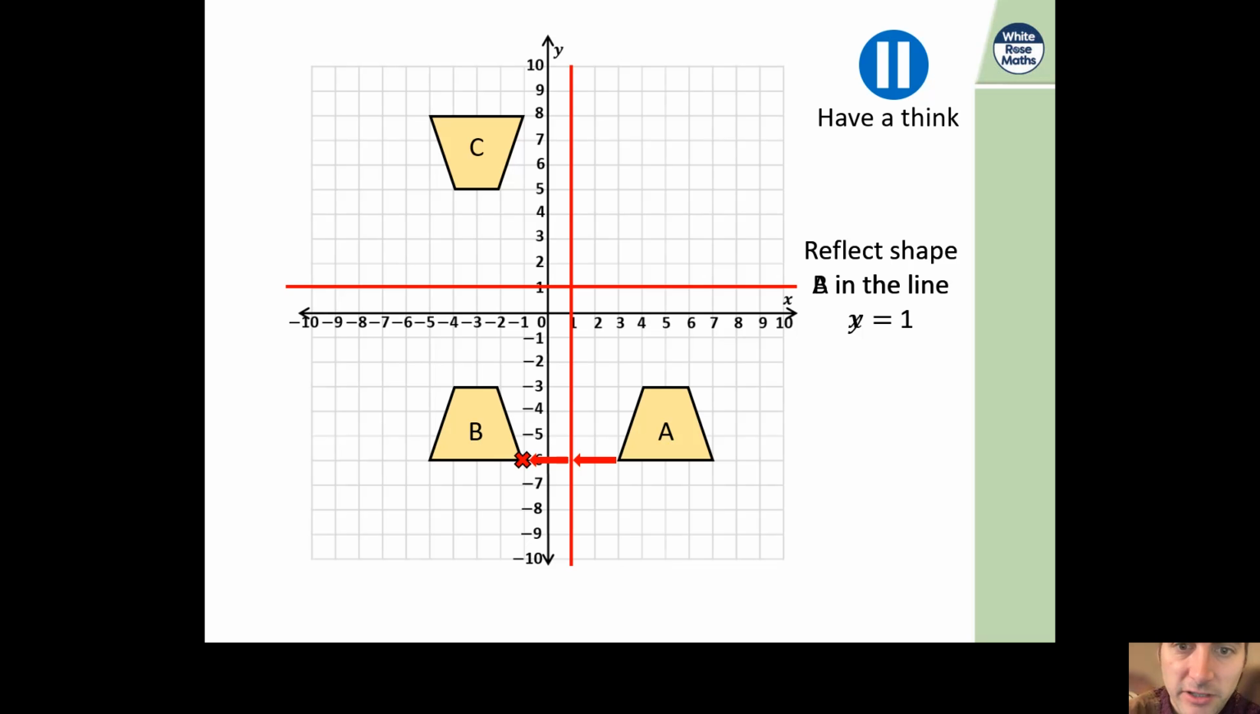It doesn't always have to be either the x or the y-axis. So here, rather than x being 1, we've got y is 1. So if we look at where B is in that third quadrant, if we make a new red line where y is 1, we've got to reflect B from that red line. So if we count that distance, we can see it's 4 to that red line from